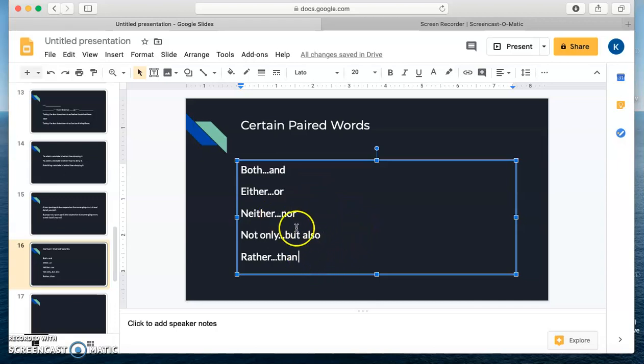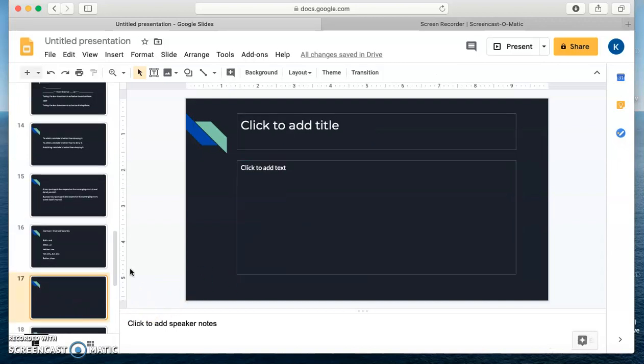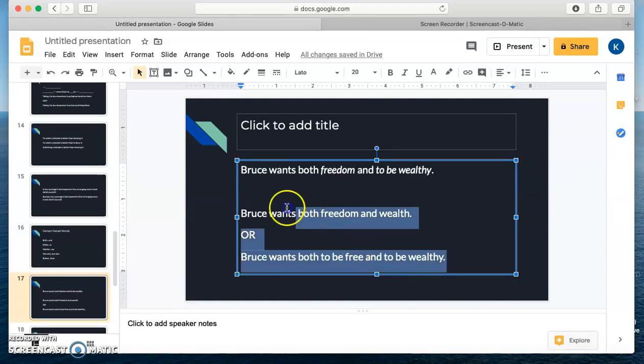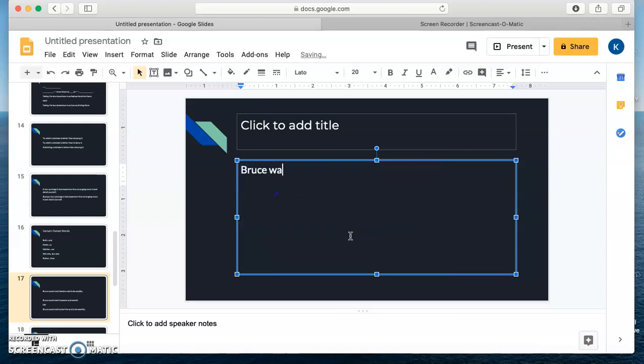Neither this nor that, not only this but also that, rather than this, then that, be parallel. For instance, rather than writing "Bruce wants both freedom and to be wealthy,"